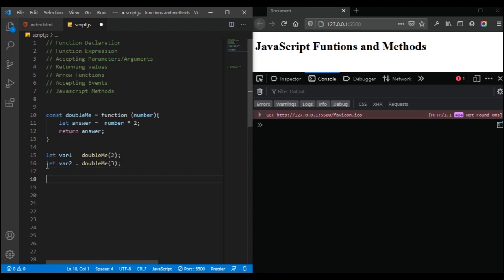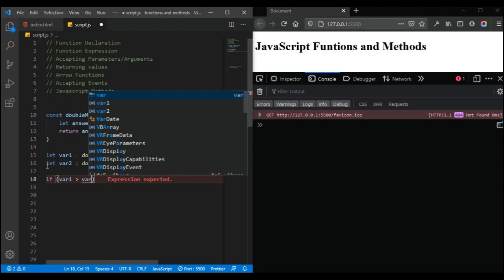Then we can have a conditional statement. We can say if variable1 is greater than variable2,